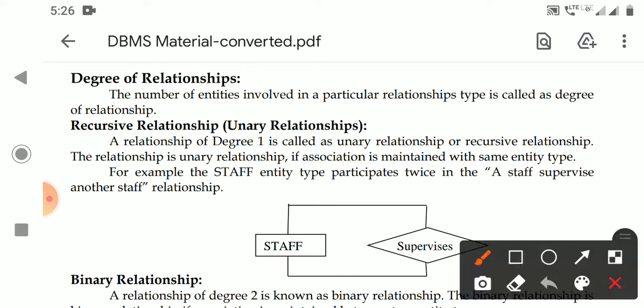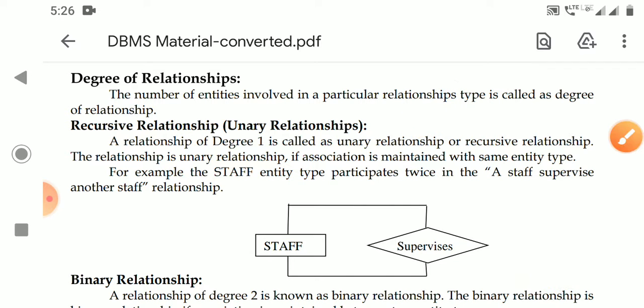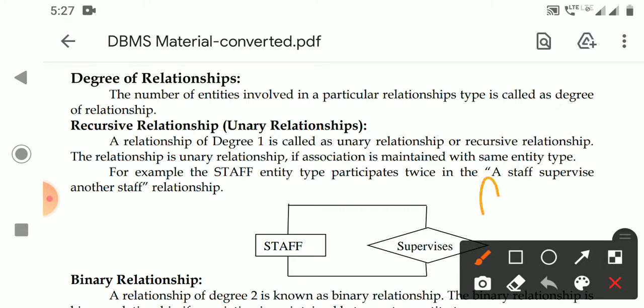What do you mean by recursive function? If a function calls itself, that is called a recursive function. Here, what do you mean by recursive relationship? If an entity has a relationship with its own entity, that is called